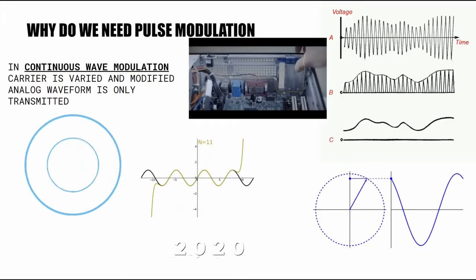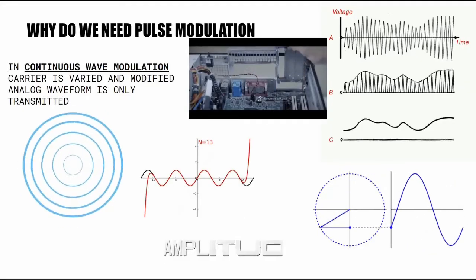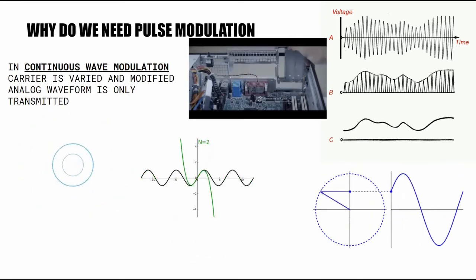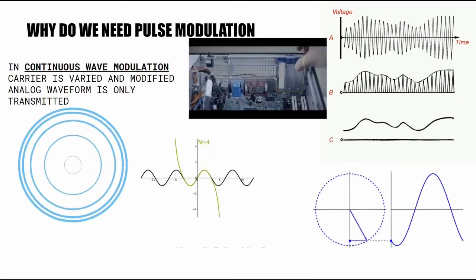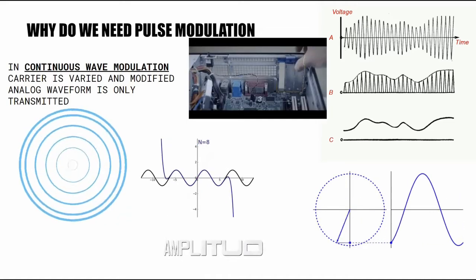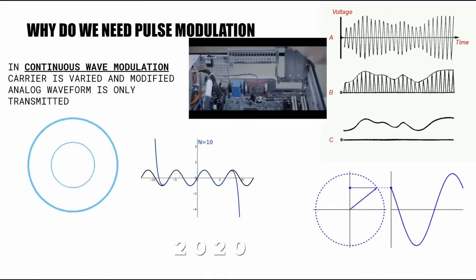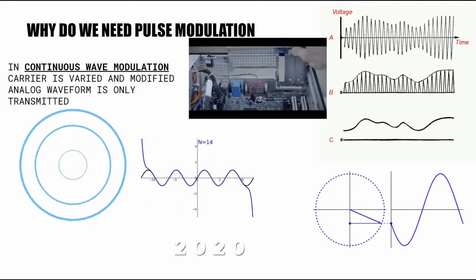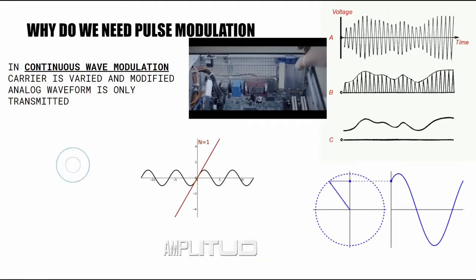We had a perfectly good working system, that is a continuous wave modulation system, in which the parameters of the carrier wave such as the amplitude, frequency and phase were varied in accordance with the input signal, and the same modulated analog signal was transmitted over the channel. So why did people go for digital transmission?